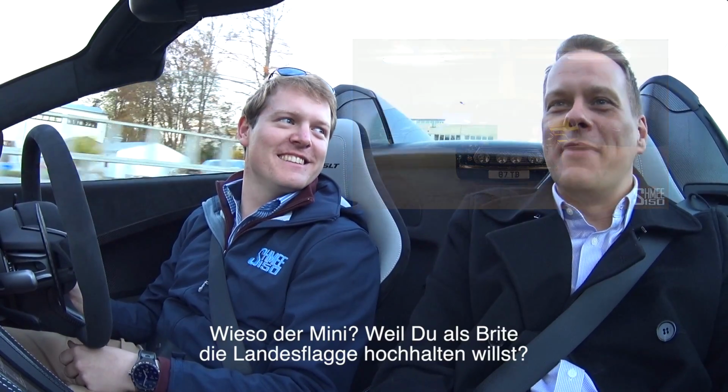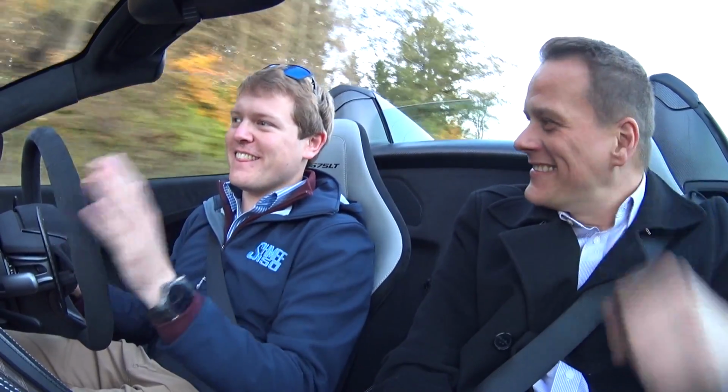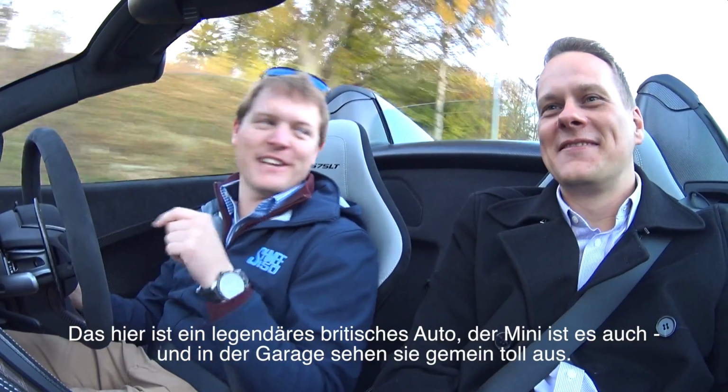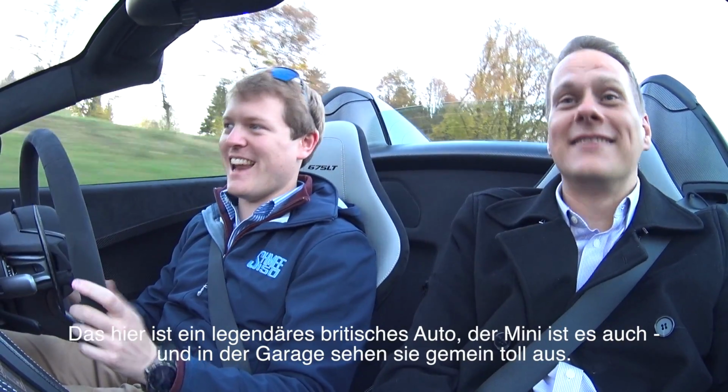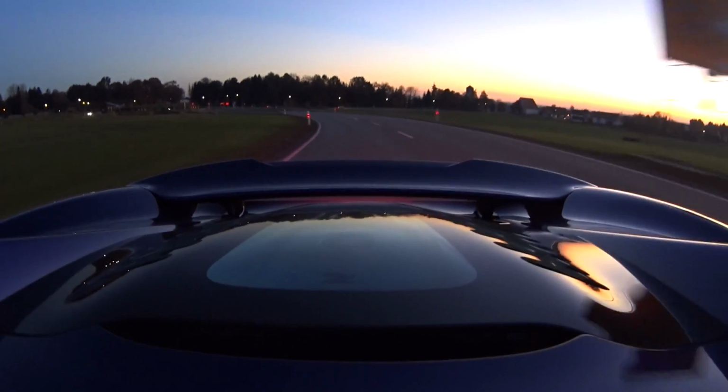So why is it the Mini? Because you're British and you think, come on, hold the flag. This is an iconic British car. Right. The Mini is an iconic British car, and they're really cool together in the garage. You're right. And it's in British Racing Green as well. Yeah. Oh bloody hell! This sounds...